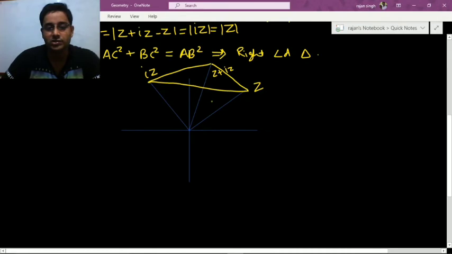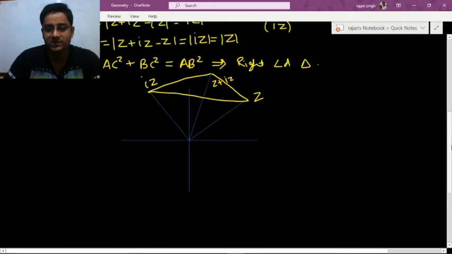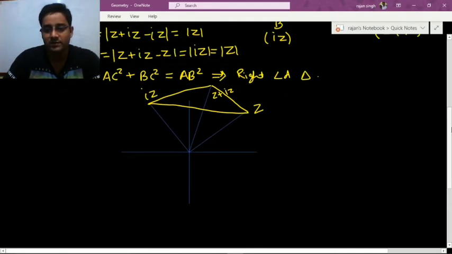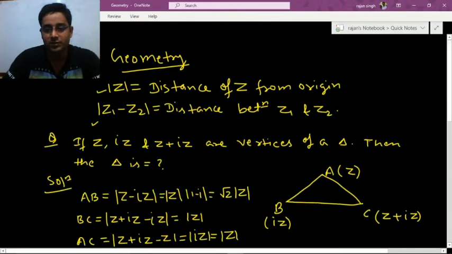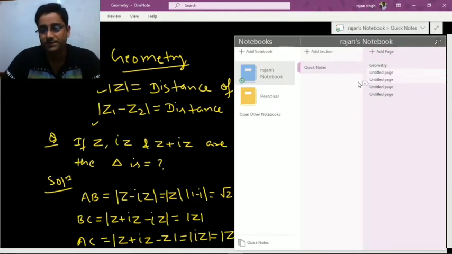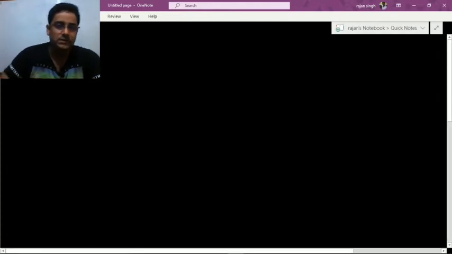That was your triangle forming basically, but there's no need to do such tough things. You can also solve without doing this. So we'll move forward. Next problem we'll see.